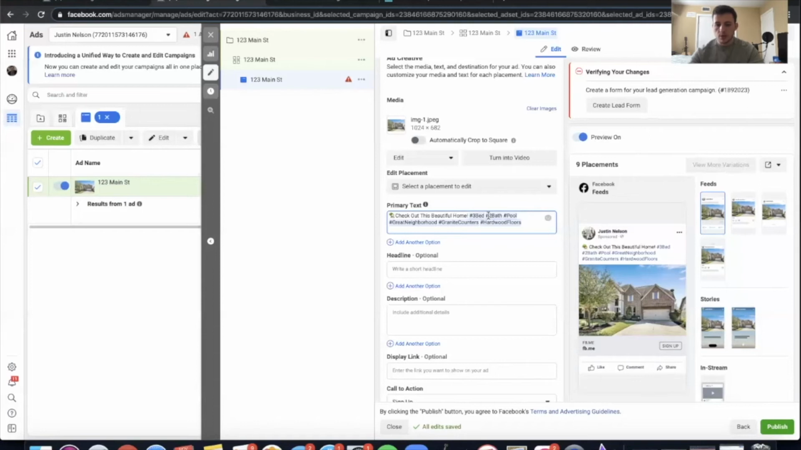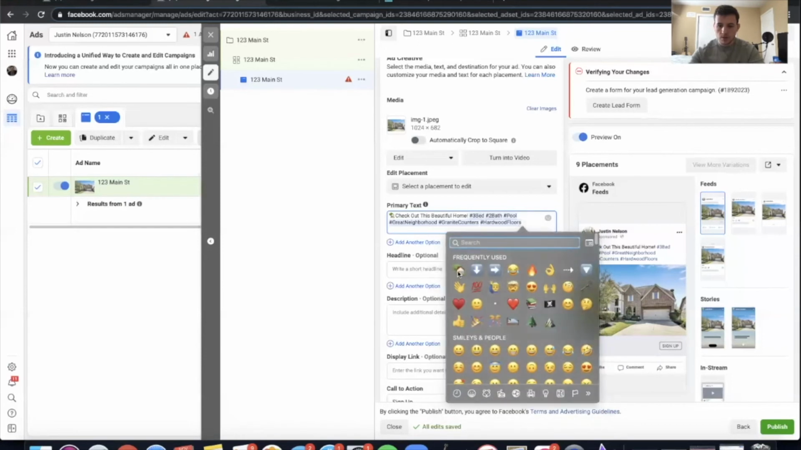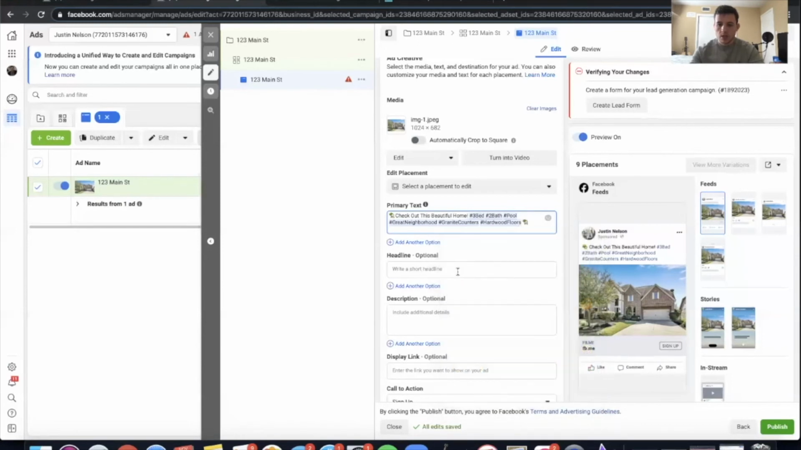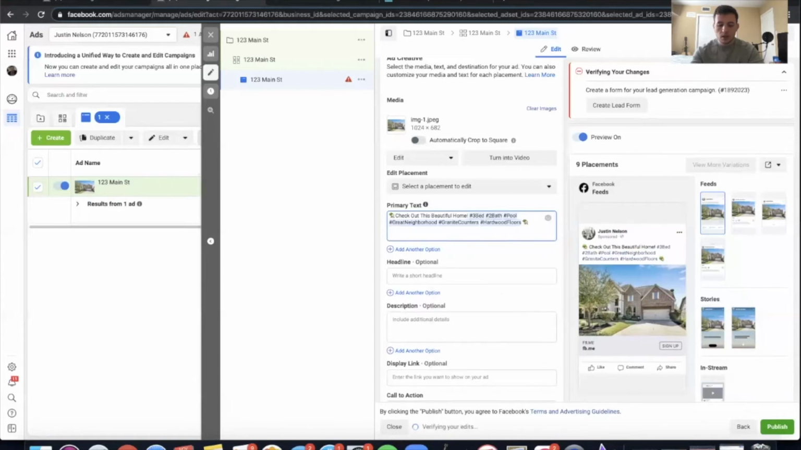You can make it as long as you want, as short as you want. Just make sure that there's some points that if they can't see it in this front picture of the house, and you want them to know that it's there, make sure that you hashtag it. So then we will end this little section with the same emoji. And then we'll click enter, and type out click below to view all photos,